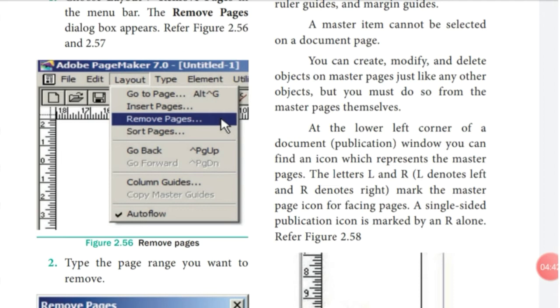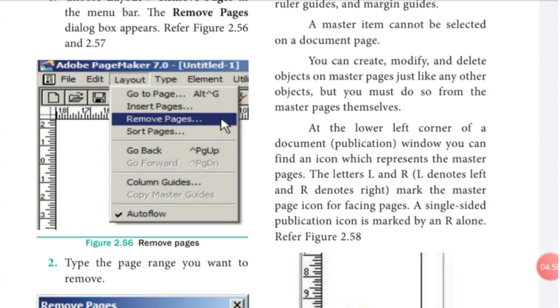Master page items cannot be selected on document pages. You can create, modify and delete objects on the master page just like any other object, but you must do so on the master pages themselves.